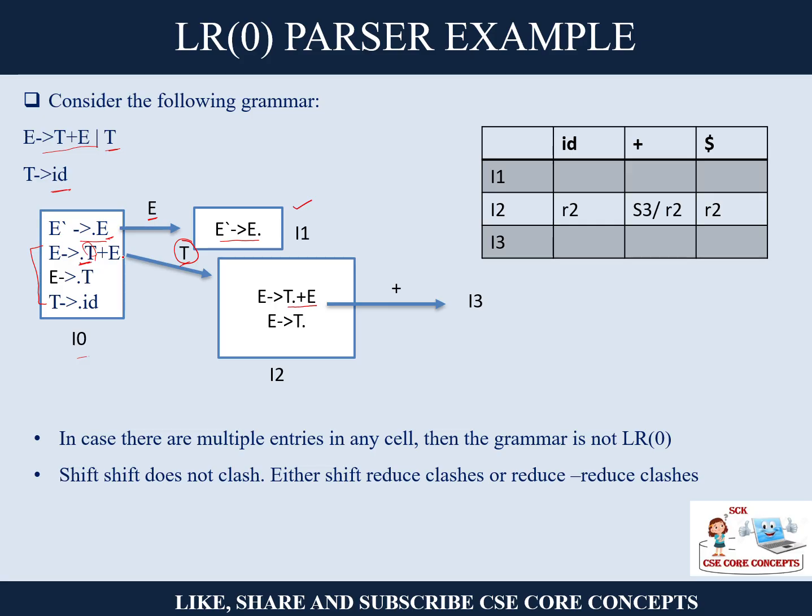So you can see both of these rules are the same, right? They are doing the same thing, because this is also pushing the dot over T, and this is also pushing the dot over T. Now what is the difference between these two? Here it is not complete, because again you will push the dot over plus, and you will get some other closure. But if you see this one, this is over, this is complete. After the dot you have nothing.